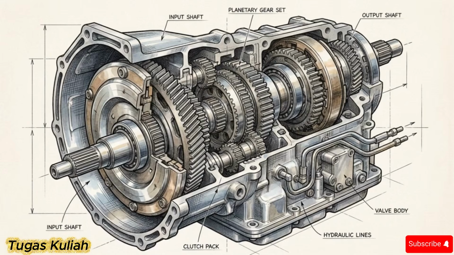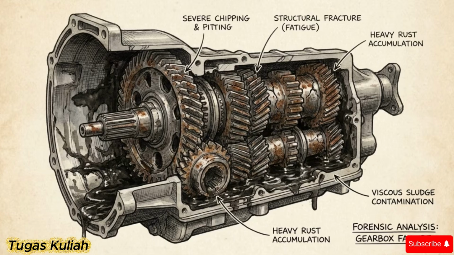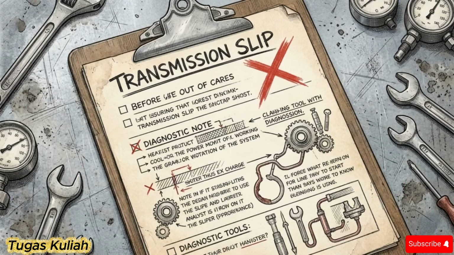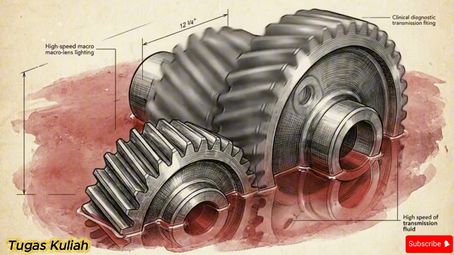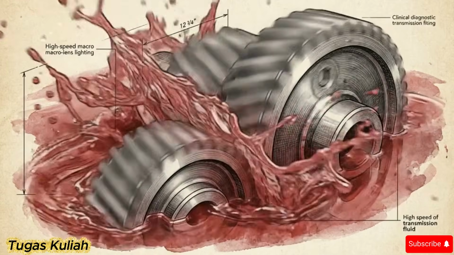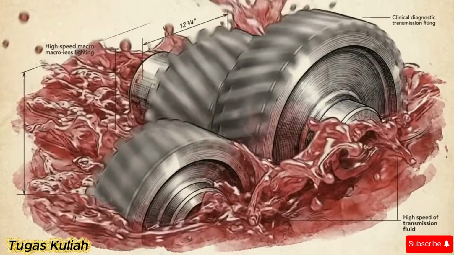The transmission hardware rarely fails on its own. The fluid fails first, and the hardware simply suffers the consequences dictated by its architecture. For diagnosticians, this means slip is never an early warning sign. It is the final, irreversible manifestation of long-term fluid death. Torque transfer relies on the illusion of solid metal. In reality, it's only as robust as the thermal and chemical integrity